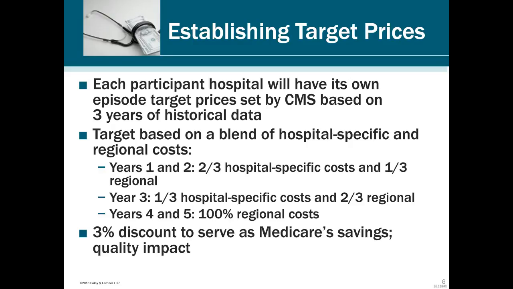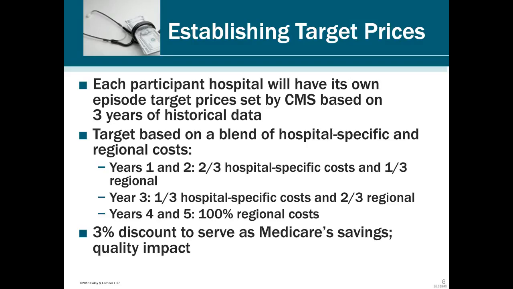On top of this, before the savings kick in, on terminology: if you're getting money from CMS, they're called reconciliation payments. If you're paying money to CMS, they're called alignment payments. But to get these reconciliation payments, the hospital and its ability to share them with its gainsharing collaborators are subject to a 3% deductible, or 3% discount, to serve as Medicare's savings. And that 3%, and Dave will talk about this as well, I'm sure,